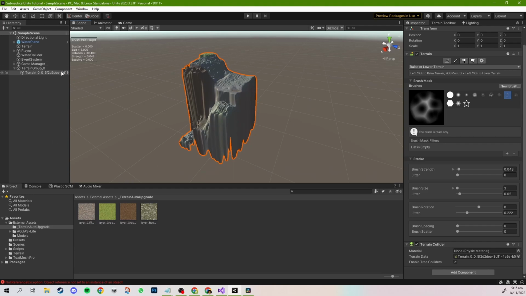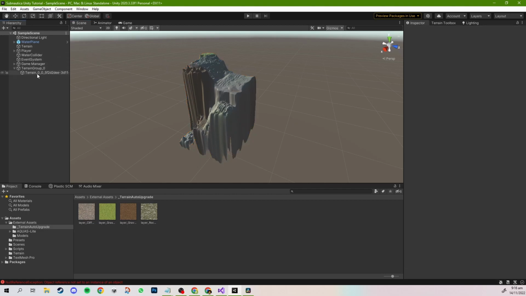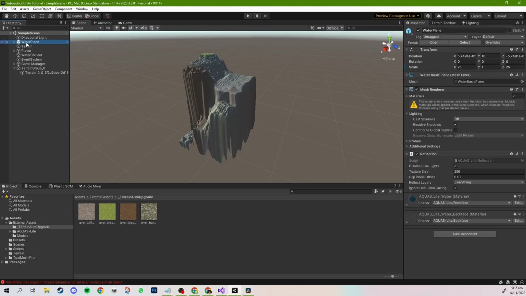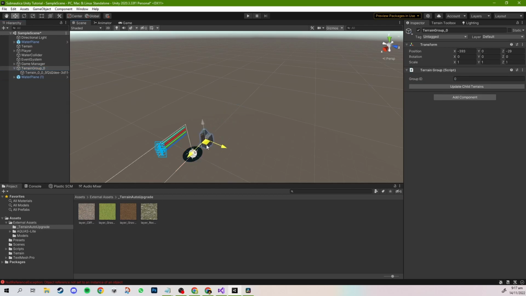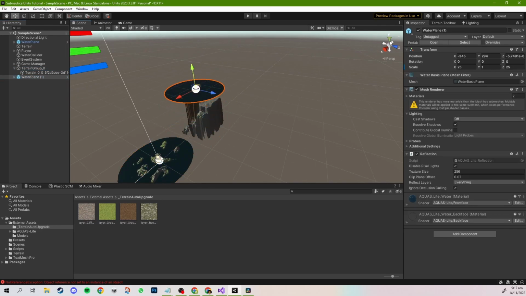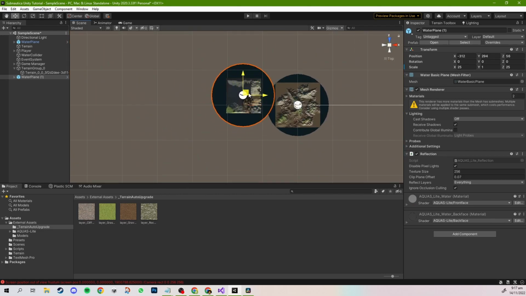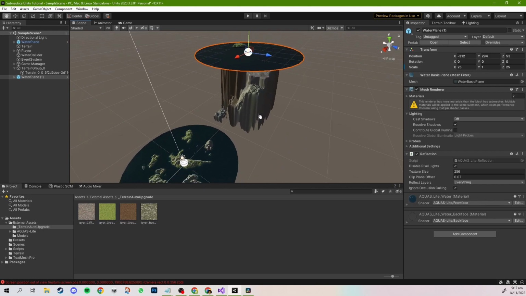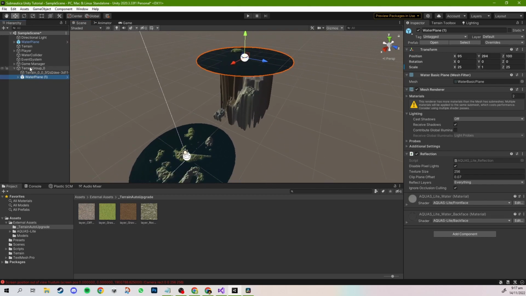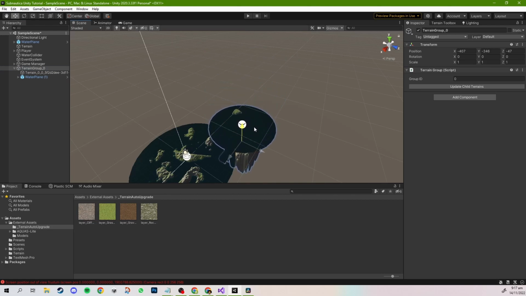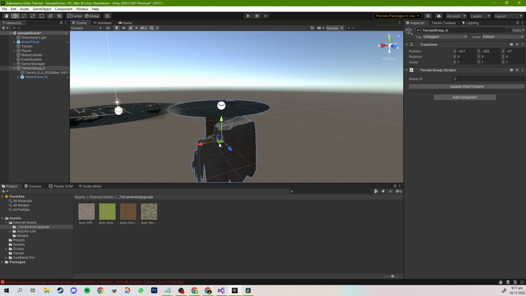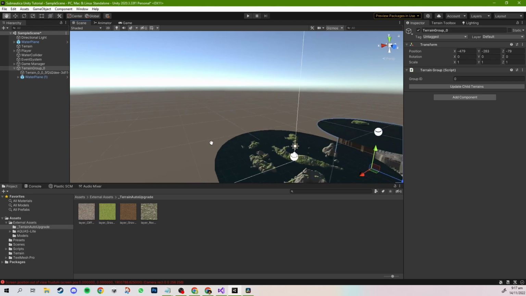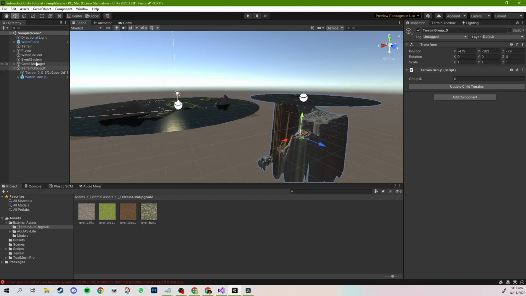The only thing left to do is to move the player over to the terrain and then also add the water plane. Just gonna duplicate this. I'm gonna make it a child with terrain group also. And I'm going to drag it to a similar height. Now if I just move the player over,